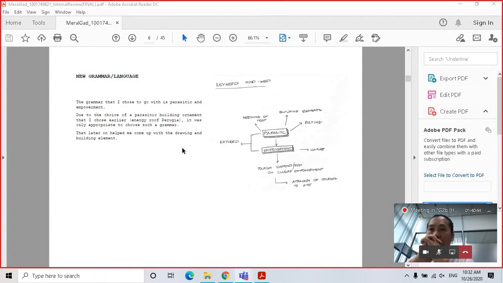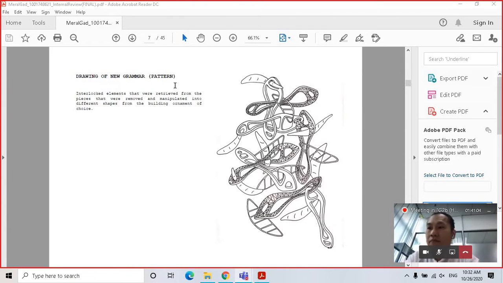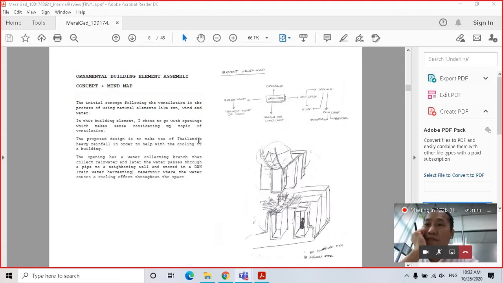Moving on to getting the grammar, in the beginning, this all changed later on, I wanted to go with parasitic and empowerment as my main keywords or grammar, because I wanted something that looked parasitic. But that later changed for reasons that I will discuss later. This is the pattern that I got from going on with the artifact and changing certain things about it and